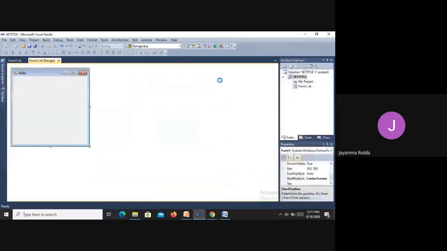Let us go quick. Next, another one, Windows default location. What this Windows default location does is position the form at the Windows default location, and it will set the dimensions of the form according to the size property.